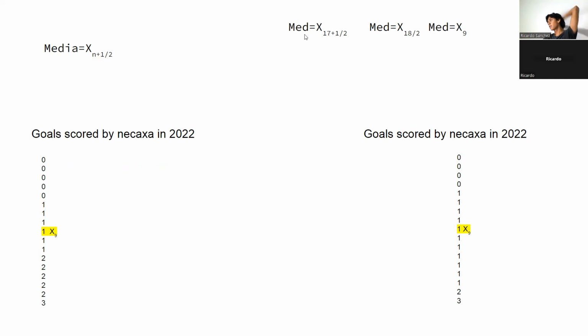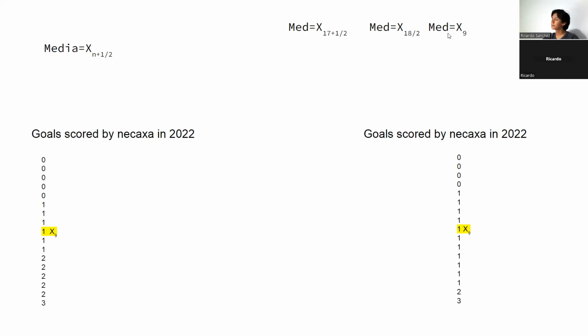As we have the same number for both data sets, we only need to calculate this once. So it's 17 plus 1, that gives us 18 over 2, and that gives us that the median is in